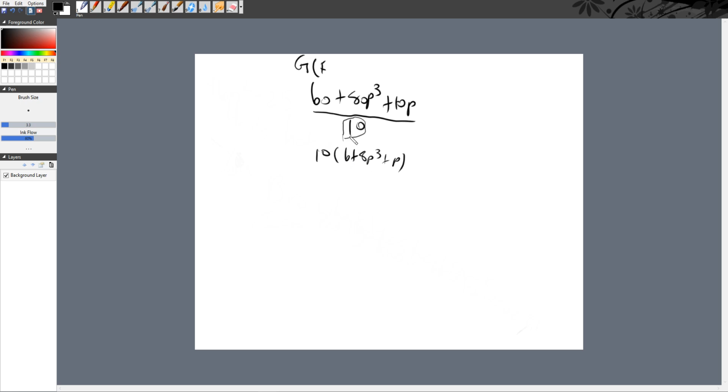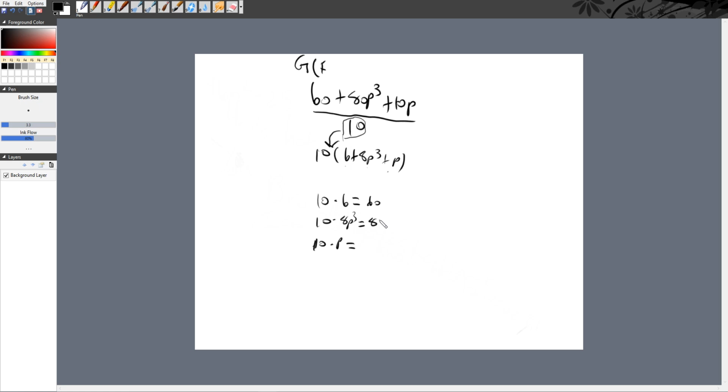So you get 6 plus 8p cubed plus p, and you put the greatest common factor in front of it. So whenever you multiply it again, it's like 10 times 6, 10 times 8p cubed, and 10 times p, it all equals